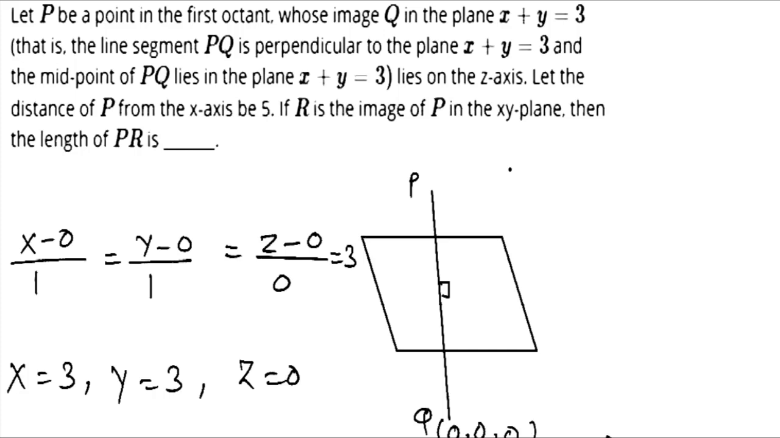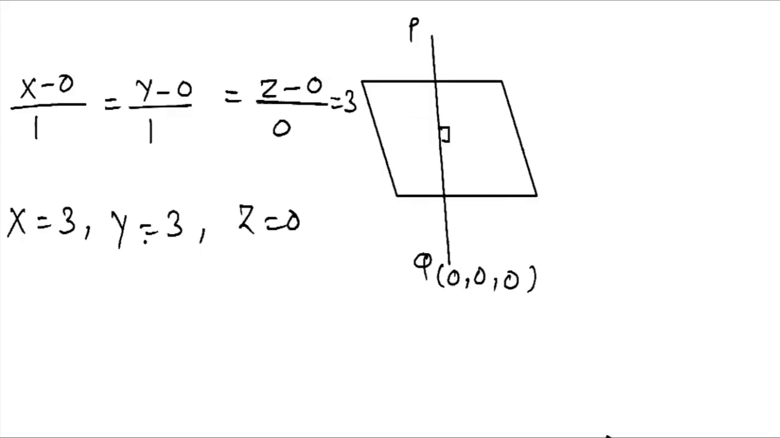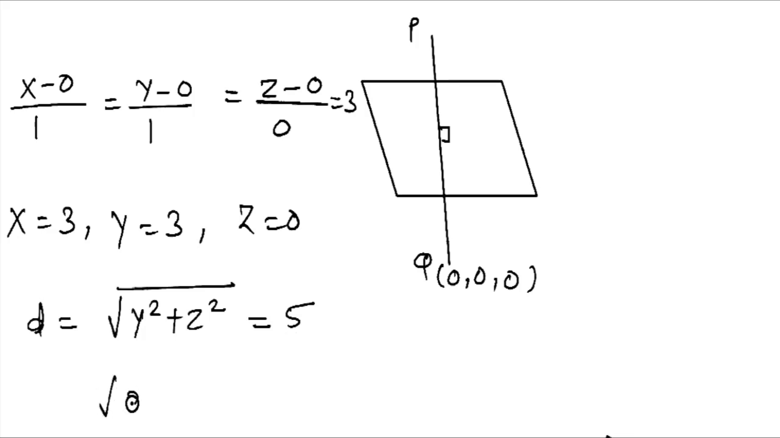As given, the distance from the x-axis is 5. So the distance can be written as d, the distance from the x-axis. Here we only use y and z coordinates, so the distance can be written as the square root of y square plus z square, which is equal to the given 5. So y is equal to 3 and z equals 0. So 3 square plus 0 square is equal to